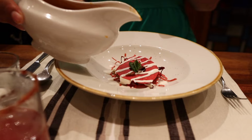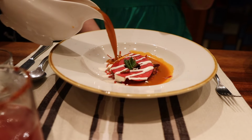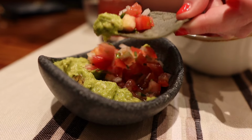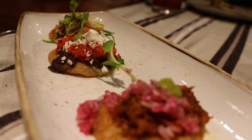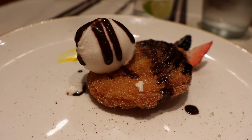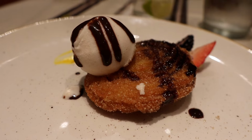And between the six of us, we tried a huge chunk of the menu, from the chicken tortilla soups to different tostadas and mini appetizers, and we all got different entrees and the churro dessert. Everything was good here. I really like this restaurant because Mexican is my personal favorite cuisine, but having, to Jenna's